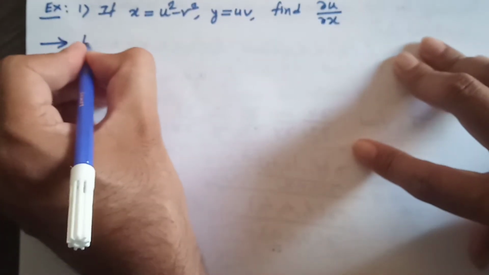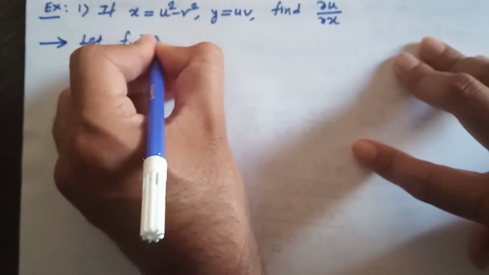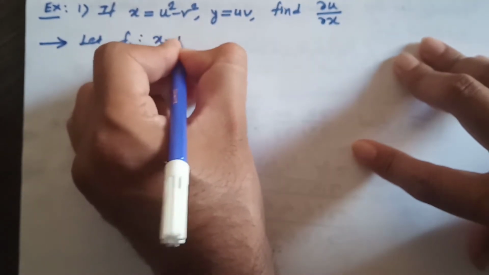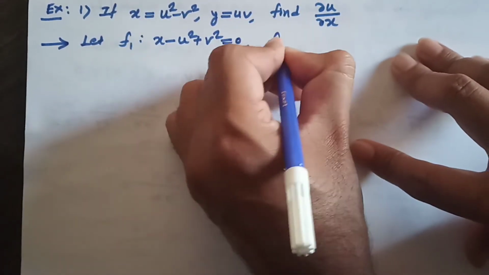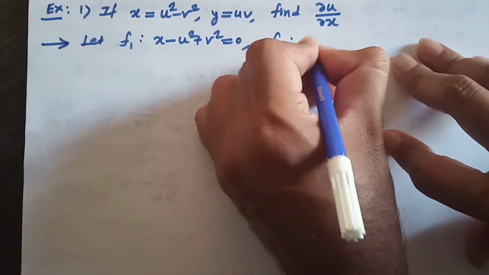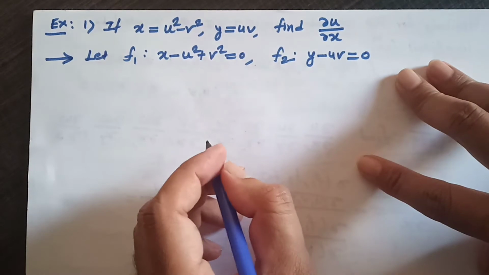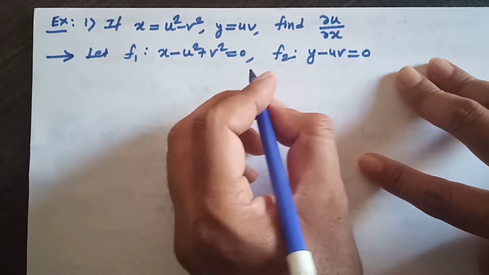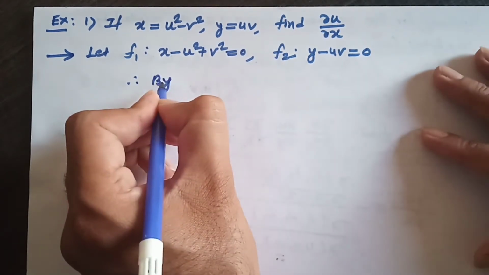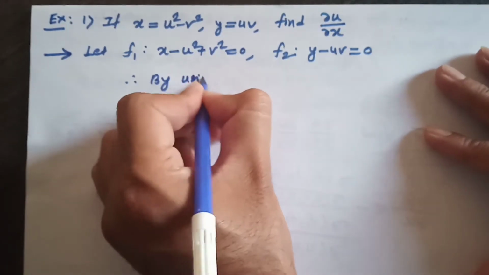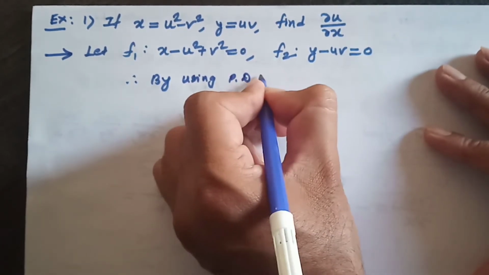So for that, now I will write the implicit function f1 is equal to x minus u square plus v square equal to 0, and second function f2 is what? y minus uv equal to 0. So here f1 and f2 are implicit functions. Therefore, by using the partial derivative of implicit function,